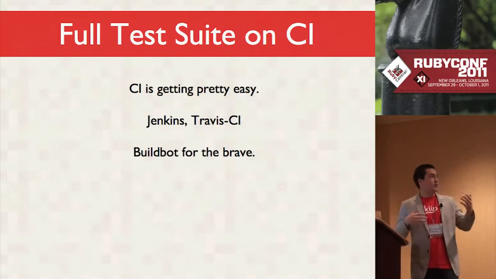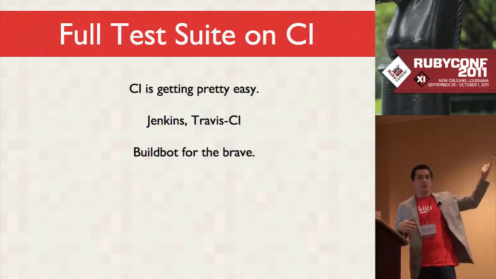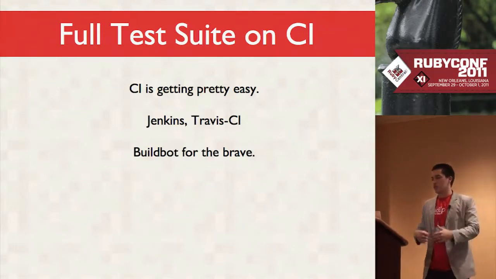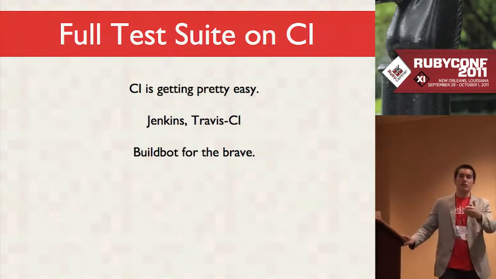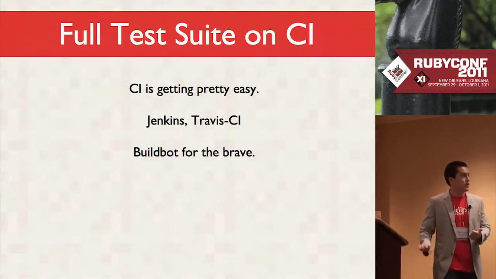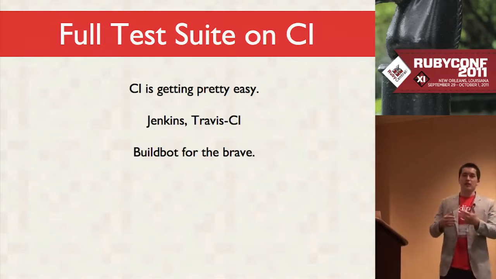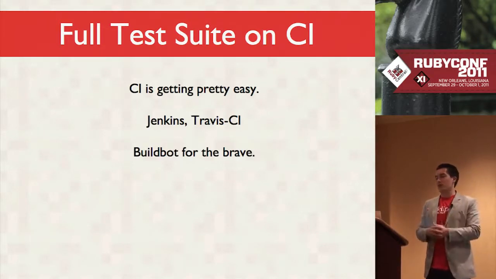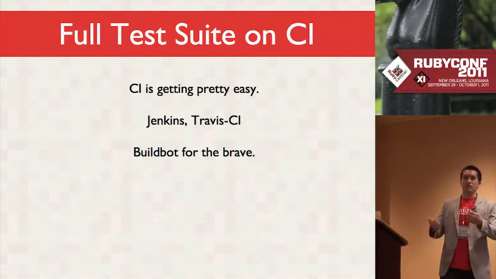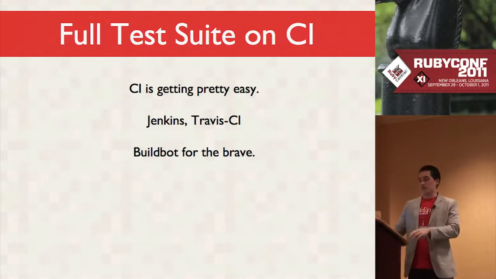The comparison I like to make is Jenkins is to WordPress what BuildBot is to Rails or some web framework. Jenkins is a full stack solution. You just install it and it runs. BuildBot is more of a CI framework, so you have to write code. In this case, you have to write Python code, and you build your own CI. But with BuildBot, you can configure everything, and they handle all the master-slave work distribution, all that for you.